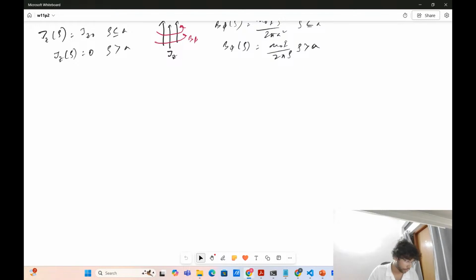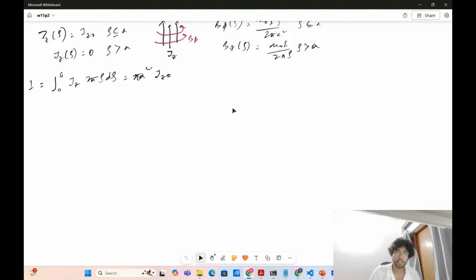So now the current we know is Jz times area. Area is 2 pi rho d rho, which is pi a square jz naught. J is current density, right? So current density times area is current. Okay,